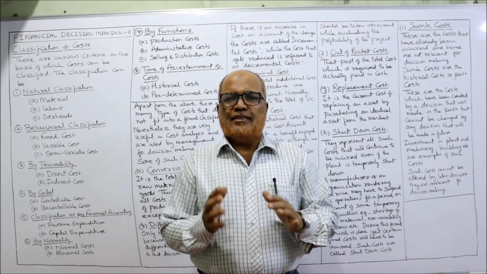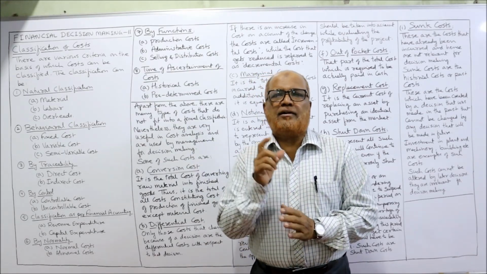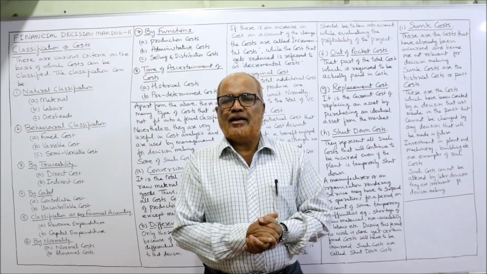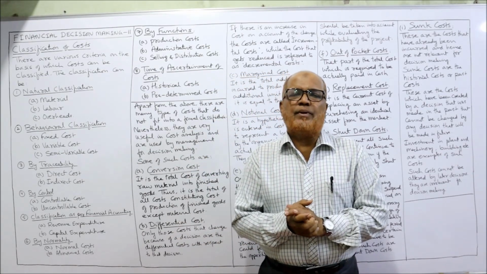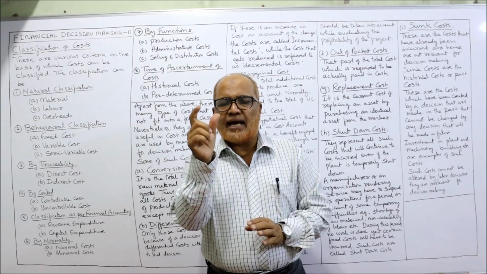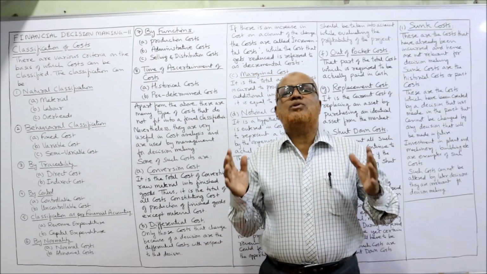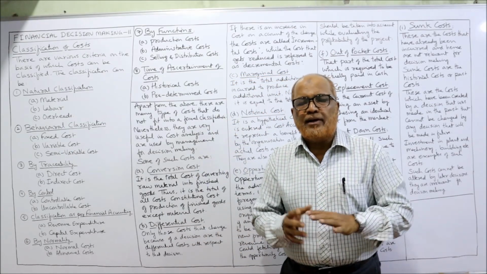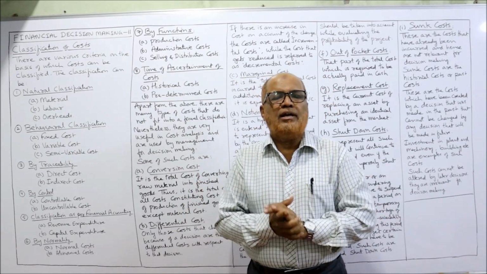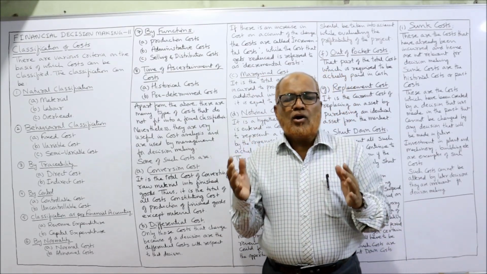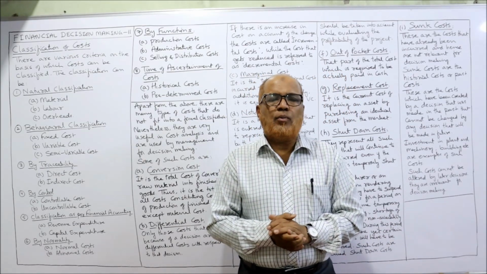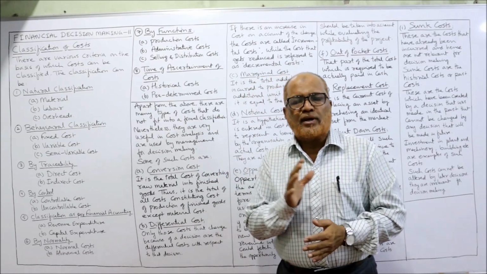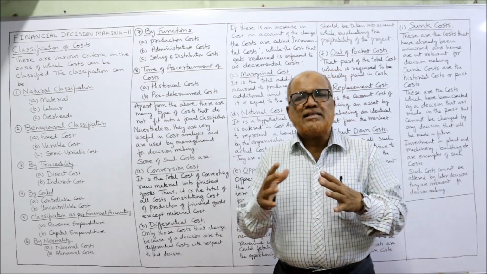I'm Hasham Ali Khan. This is the third video on the topic decision analysis in the subject financial decision making tool. Already two videos I have completed on the theory regarding this decision analysis. In the first video I explained CVP analysis and break-even analysis. In the second video I explained all the concepts used in break-even analysis like contribution, PV ratio, break-even point, margin of safety, etc. Now this is the third video in which I'm going to explain the classification